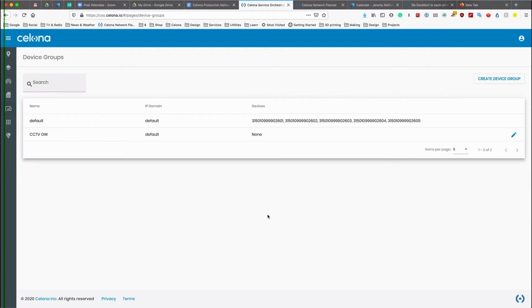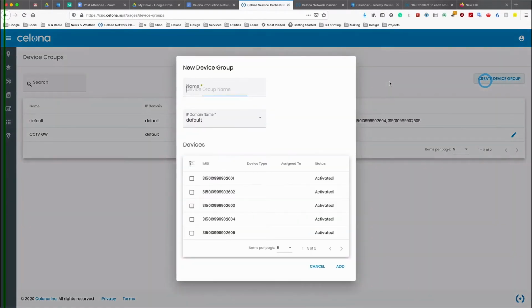Now, because we may have different applications running across the network, it's sometimes good to create a specific device group. At the moment, you see all of the SIMs are activated in the default device group, and these device groups are global, so you can have them across multiple sites. So we will call this the CCTV